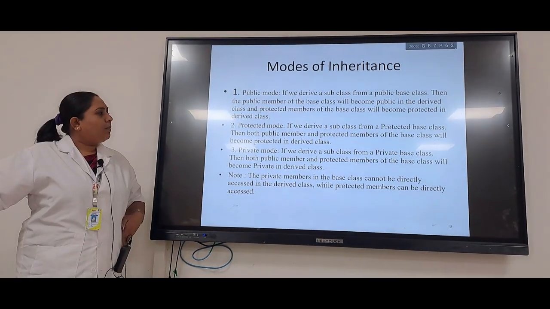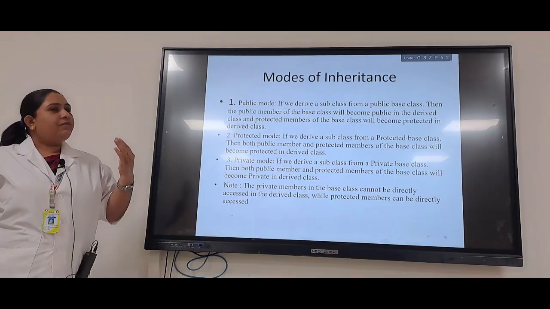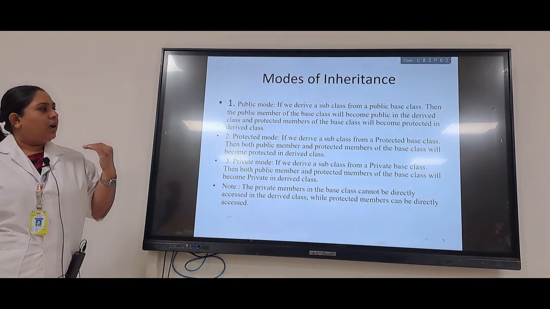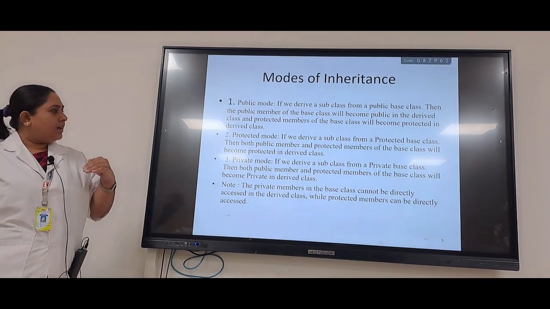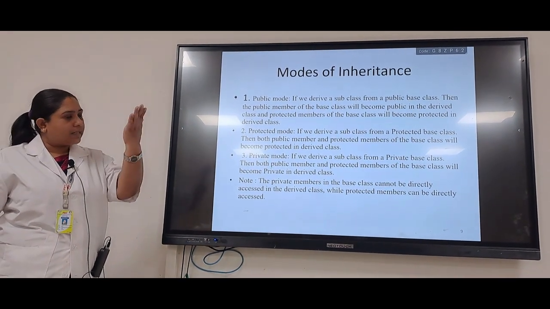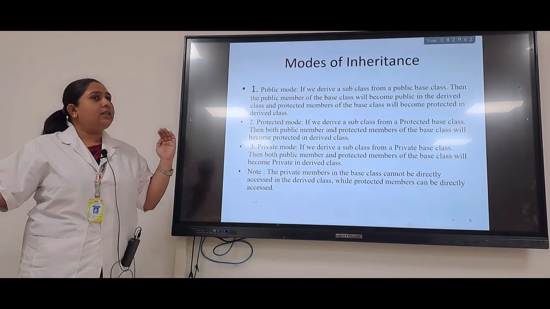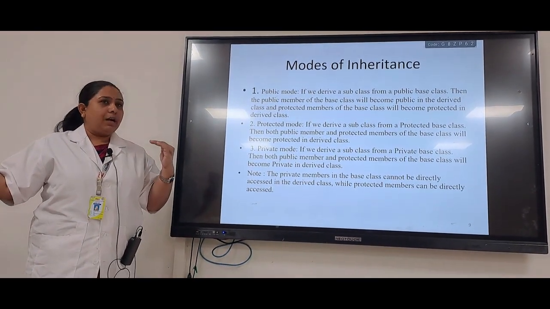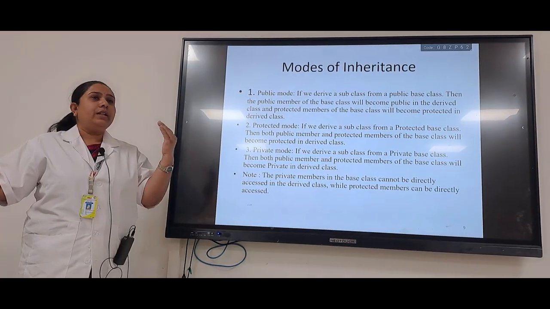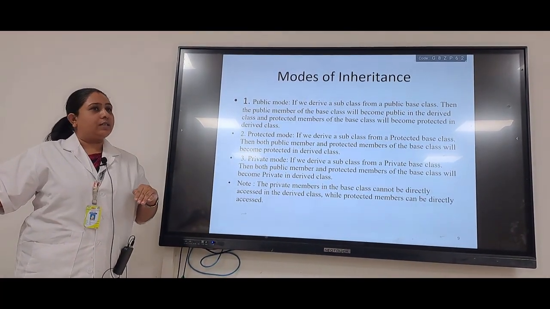Second, when we talk about protected mode, if we derive a subclass from a protected base class, then both the public and the protected members of the base class will become protected in the derived class. So this tells how my data members will behave when they are derived from the base class to the derived class.